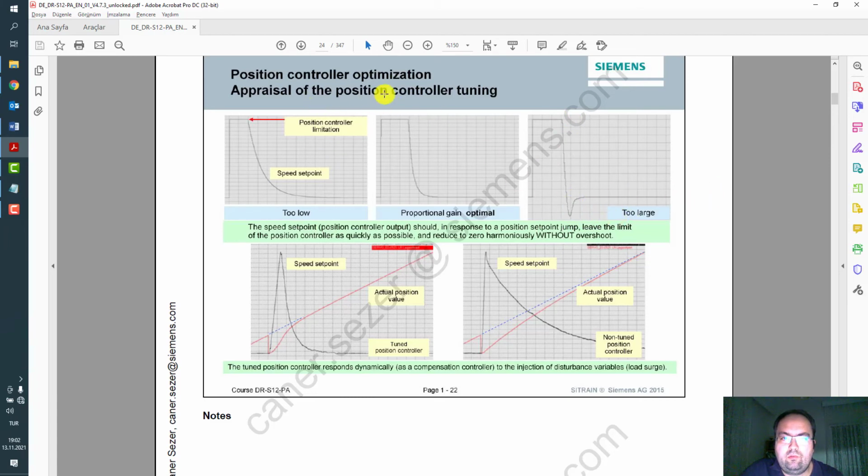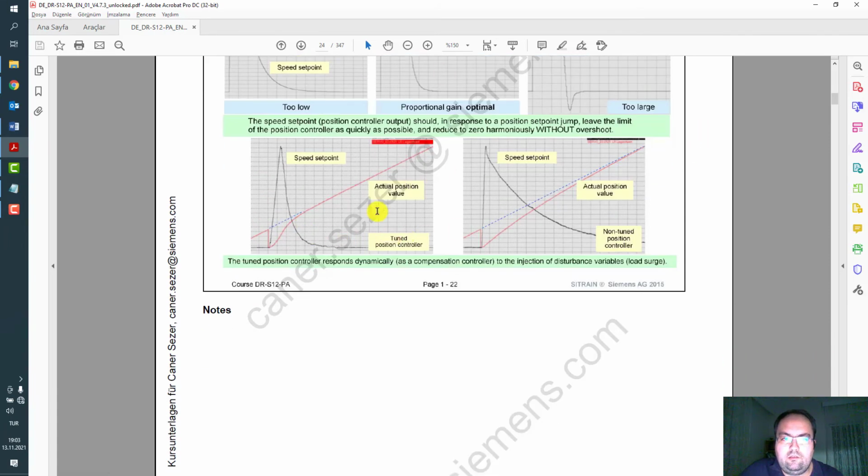That means in your position set point, and you don't want this type of controller in application. It's not acceptable.